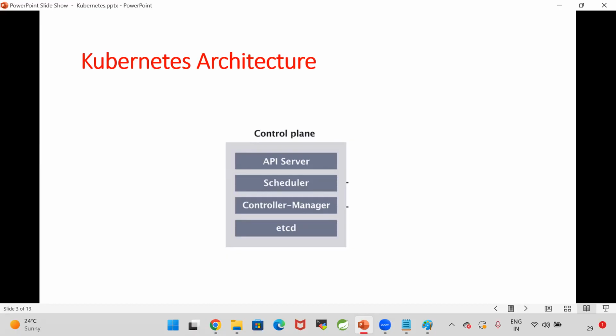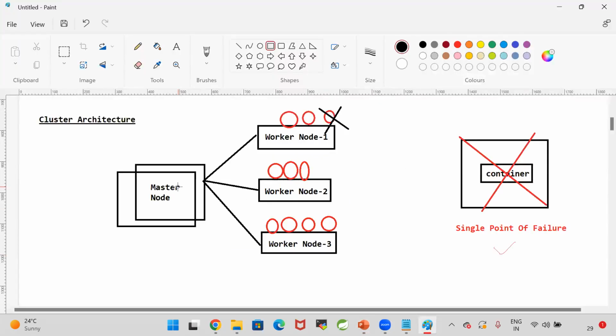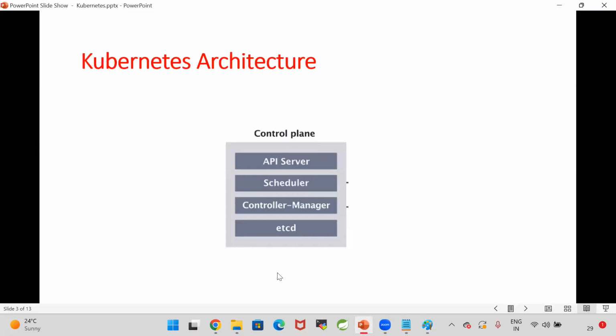The control plane is called the master node in Kubernetes. When you go for a cluster, a master node will be available and worker nodes will be available. But we don't call it a master node, we call it a control plane in Kubernetes.